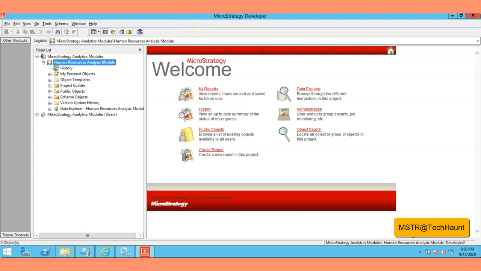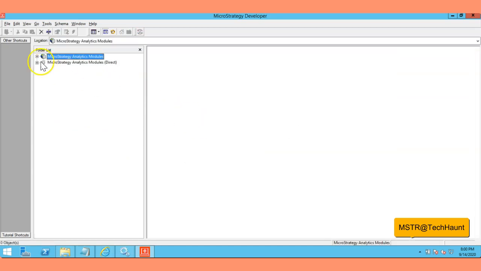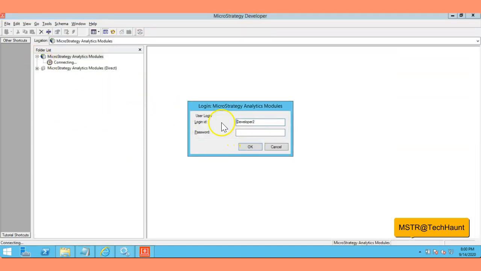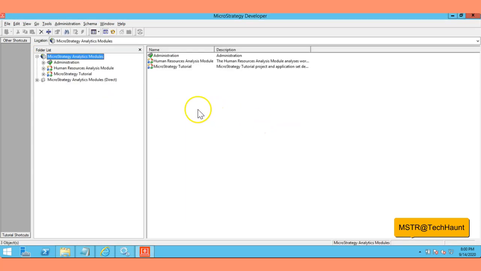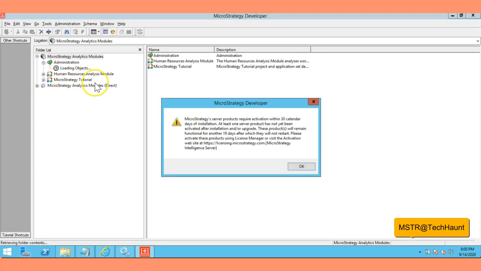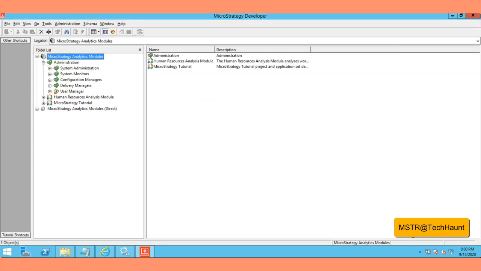By default, all the users connect with your project, and your project has one instance, and that instance connects with your data source. That's why you don't have any control at the database security level, right? Because all users hit the same level of your database, and you don't have any control in the default scenario.